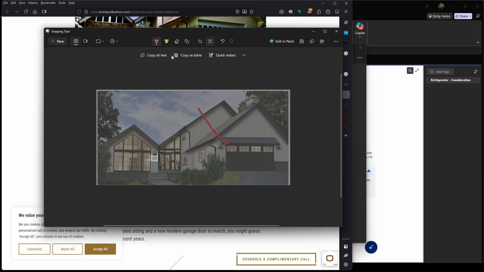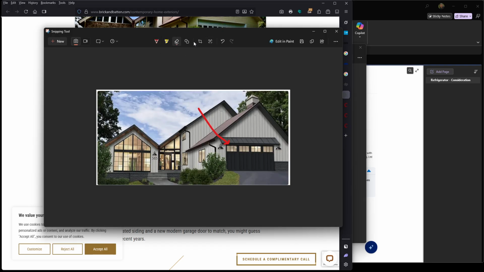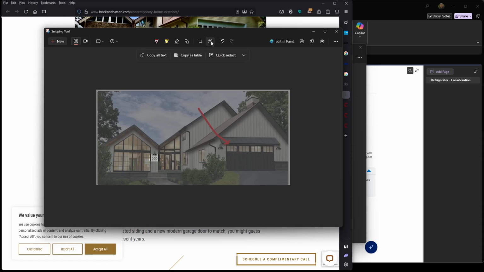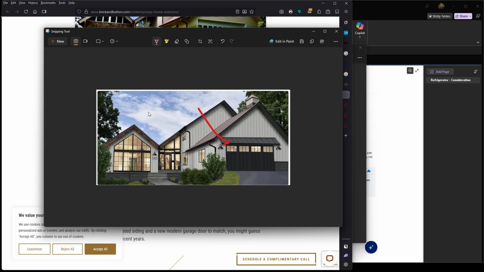I don't even know what that does. Copy all text. Oh, this is just some other stuff. I'm not sure what that is. There's an eraser. I thought we had a text ability on here. Text actions. Copy all text. Quick redact. Email address. I have always spelled things out with the pen, which really is kind of painful,